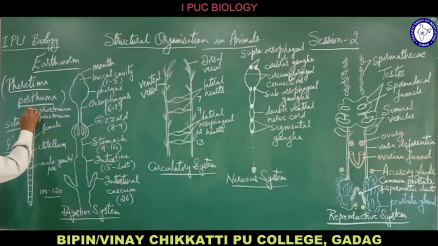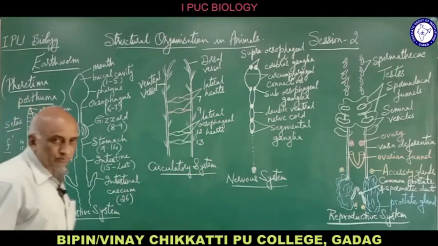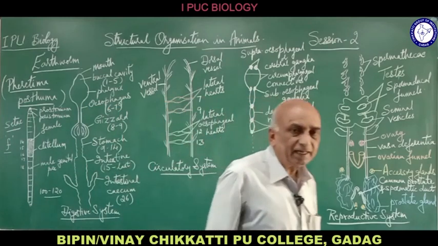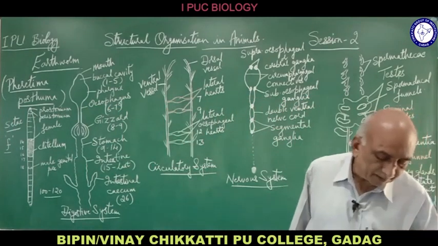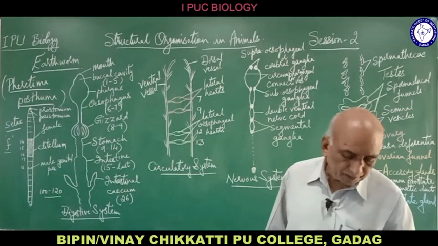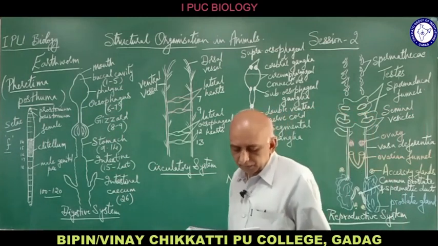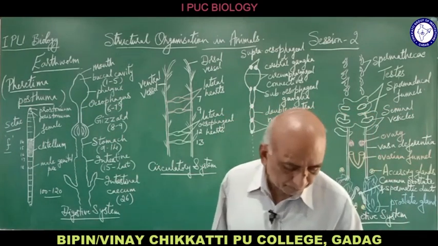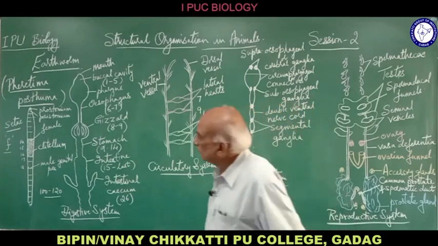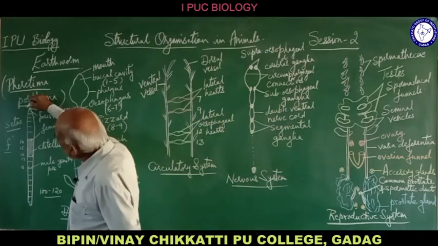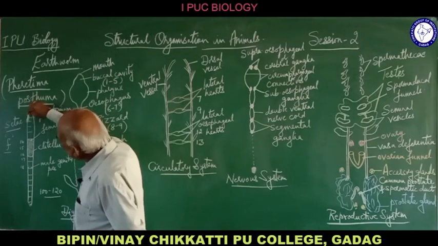So where the mouth is present, it is somewhat a wedge-shaped structure called the prostomium. Behind that is the first segment, called the peristomium. The first segment is called the peristomium, and that is where the mouth is present, and then the other